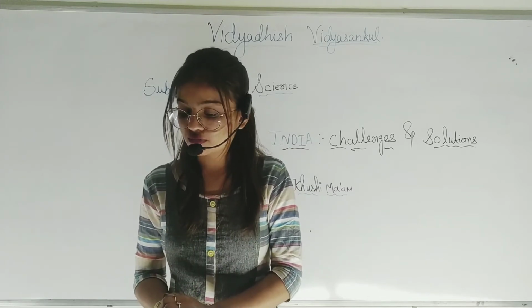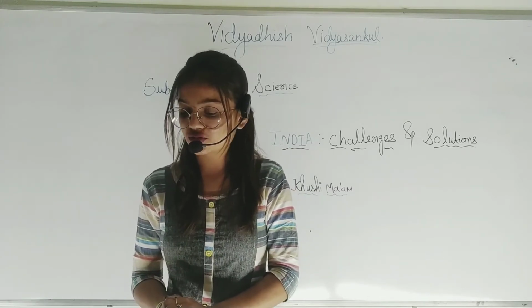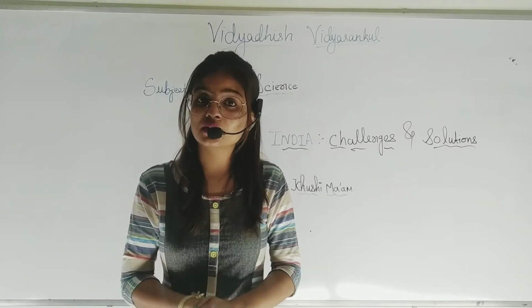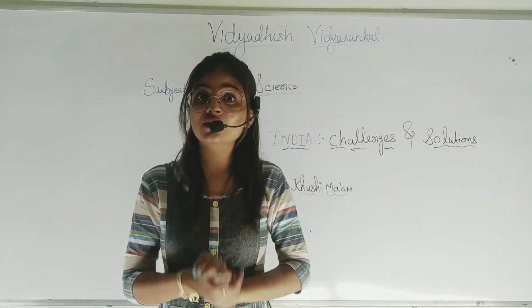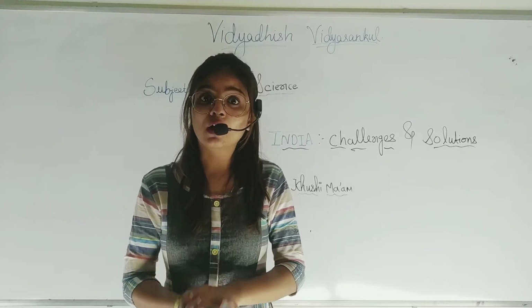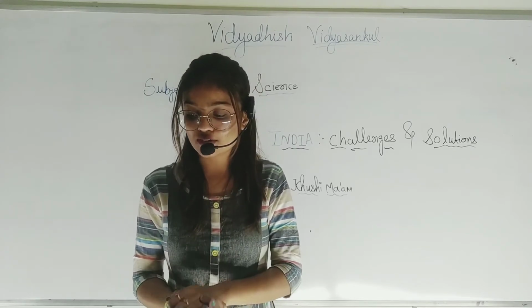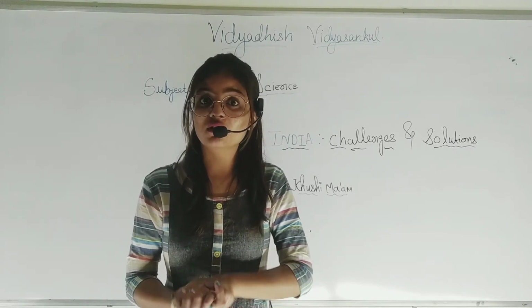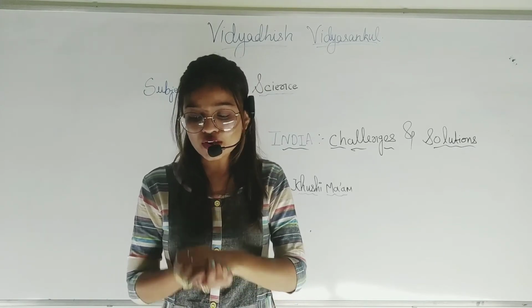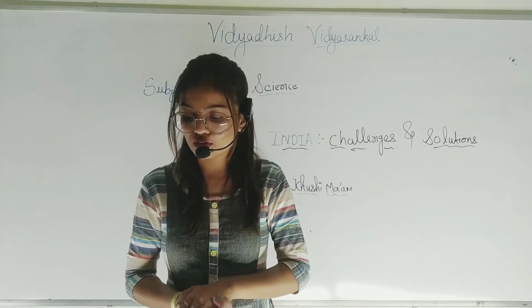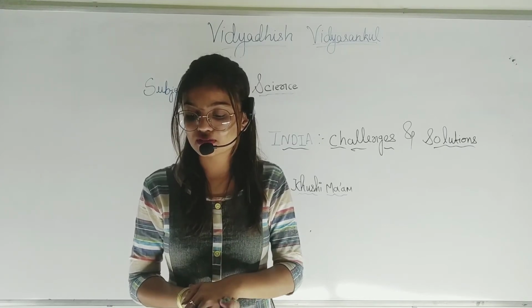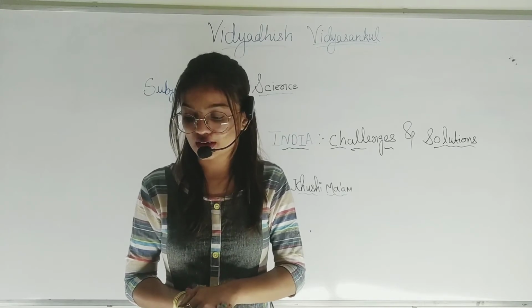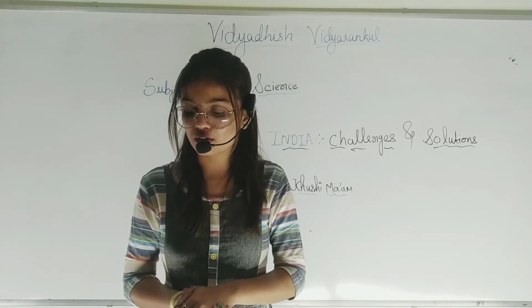For the solution of this problem, many voluntary organizations and the government have developed the plans and policies as follows. Which policy? Shelter for the economically backward, means for the poor public they develop shelters, free education, pure drinking water, cleanliness, mobile medical services, and encouragement to the cottage industry. Cottage means small level industries, right? Handicraft industries with simplified loan facilities.